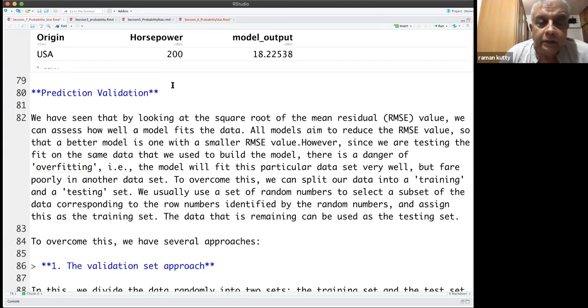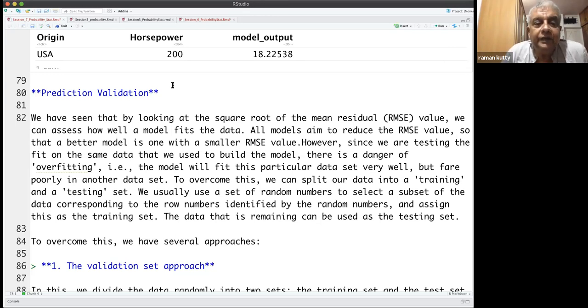Okay, now we go to another important aspect, which is prediction validation. We have seen that a model is validated or evaluated by looking at two or three statistics. One commonly looked at is the R-squared value, the adjusted R-squared, which is the proportion of variability explained by the model, and this can vary from 0 to 1. 1 means totally explained, which is not what we want, because with total explanation the model fits the data perfectly so that it cannot be used for any other data. So that is not what we want.